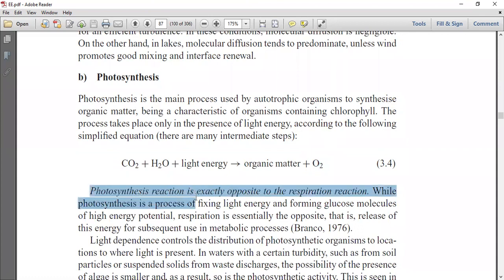So the photosynthesis reaction is exactly opposite to the respiration reaction. While photosynthesis is a process of fixing light energy and forming glucose molecules of a high energy potential, respiration is essentially the opposite, that is, the release of this energy for the subsequent metabolic cycle. Light dependence controls the distribution of photosynthetic organisms to locations where the light is available. In water, under certain conditions